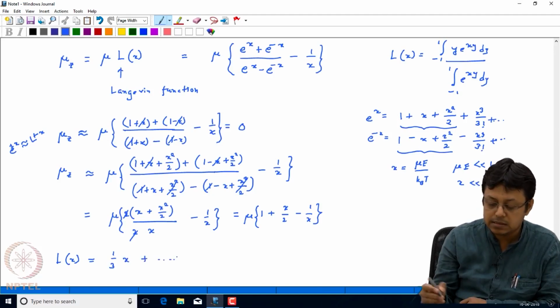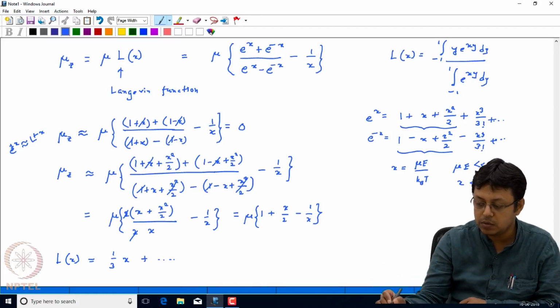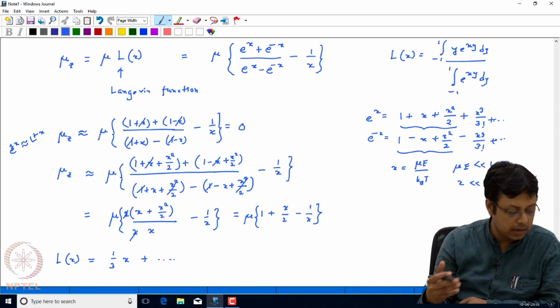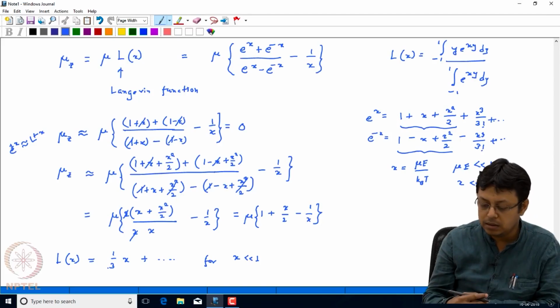Again, this will be a series, but I am not showing you how it appears. So I just showed you that if I truncate the series up to 1 plus x, what will be the value up to the second term. If I truncate it up to the third term, what will be the value, and in that way you can show that finally under this approximation that x is much less than 1, you can think of the Langevin function to be 1/3 of x. So since mu z is nothing but mu times the Langevin function,